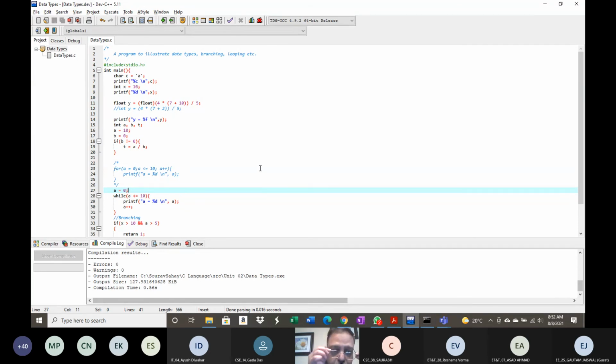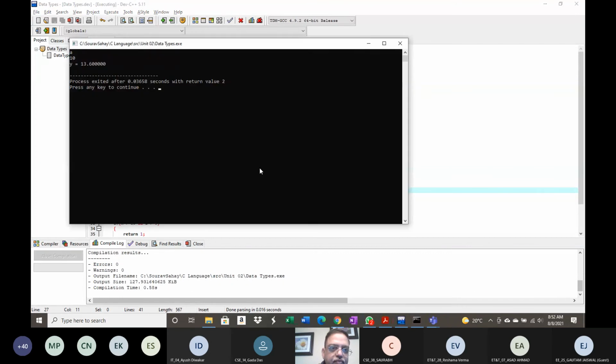Here what will happen is that, suppose I give the value of a as 11. Now obviously the while loop will not execute, and we can see that for ourselves. So the while loop did not even execute.